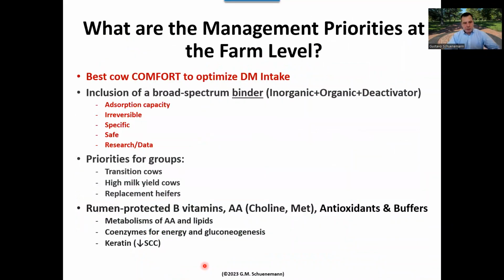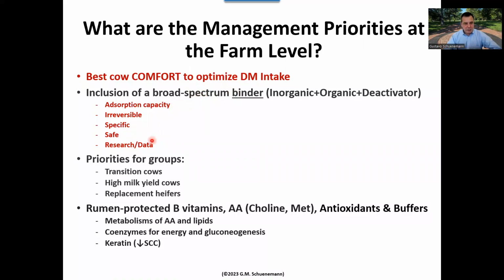So what are the management priorities at the farm, right? The most important one, once the diet is done, cow comfort is the top priority because that determines dry matter intake. Without that, it has to be that important. You won't be able to fix much when it comes to the binder if you don't fix the first one, right? The inclusion of the broad spectrum binder is important in your discussion, especially when you work with your client,